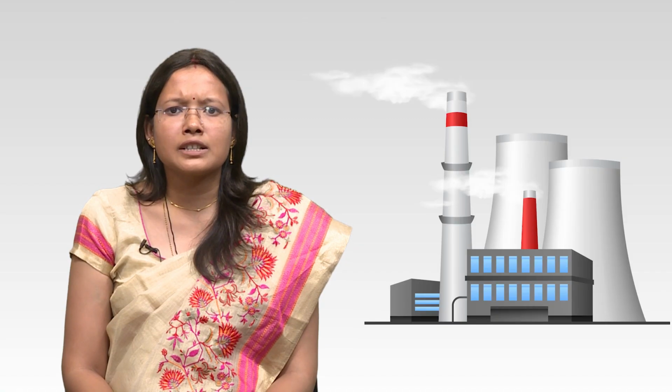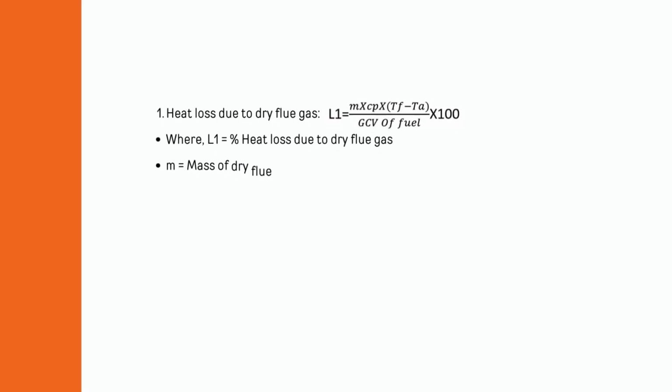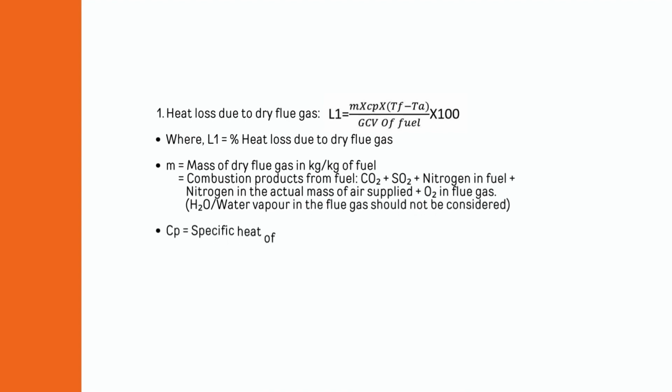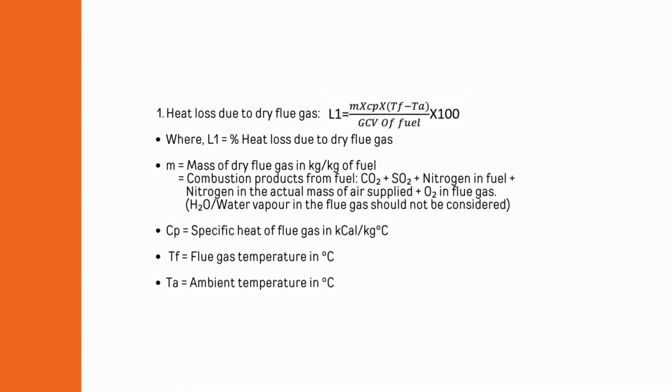The various losses associated with the operation of the boiler are, first, heat loss due to dry flue gas. This is the greatest boiler loss and can be calculated with the following formula. L1 is m into Cp into (Tf minus Ta) divided by GCV of fuel into 100, where L1 is percentage of heat loss due to dry flue gas, m is mass of dry flue gas in kg per kg of